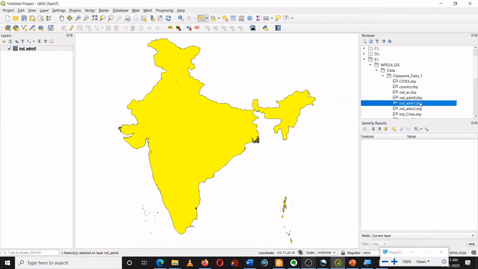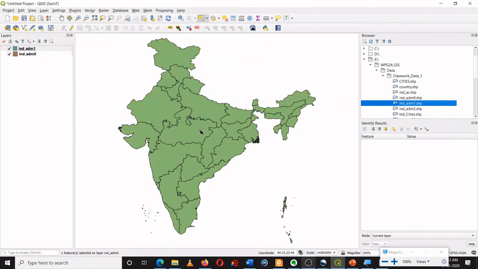Now I am importing India admin 1. Okay, I am just double clicking over here. India admin 1 is added. Now India admin 1 includes the map of India with the state boundaries, so you can see the state boundaries over here. Now I can go and see the attribute table of this.